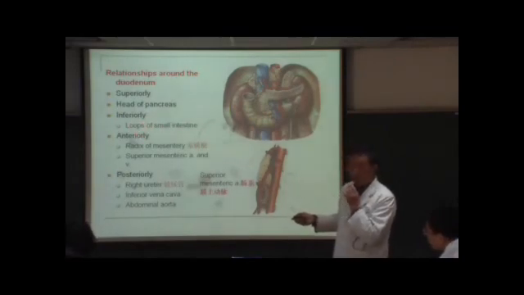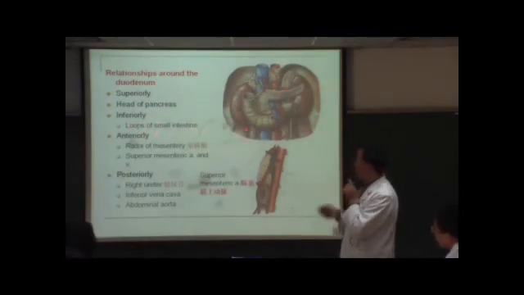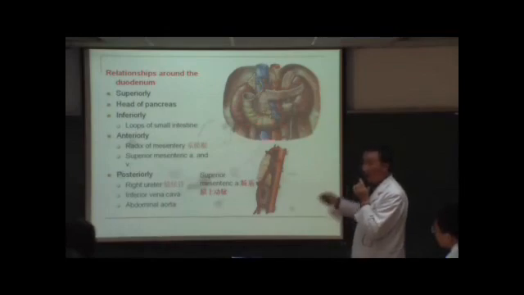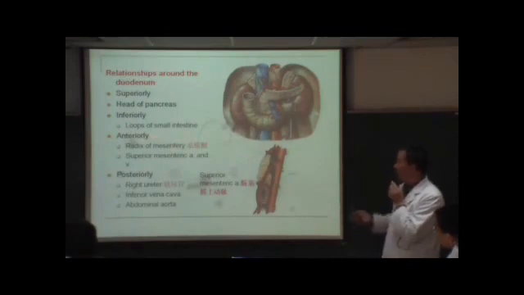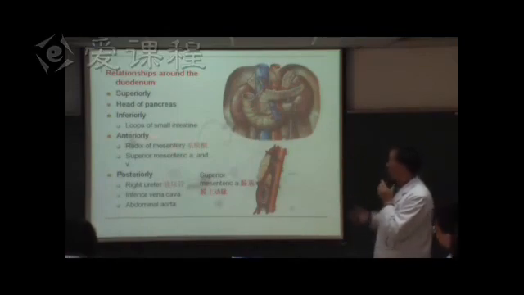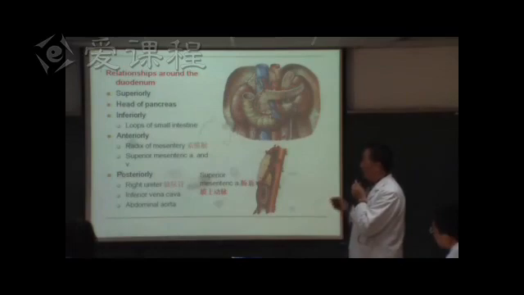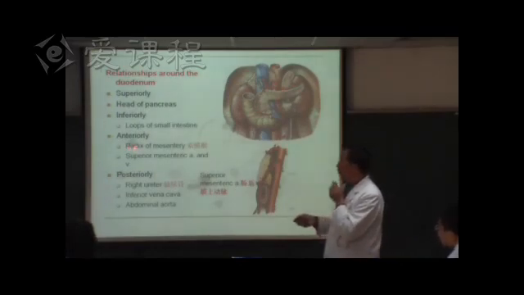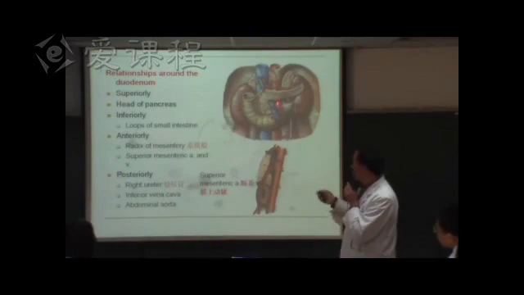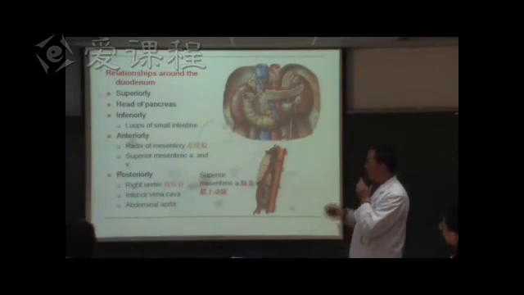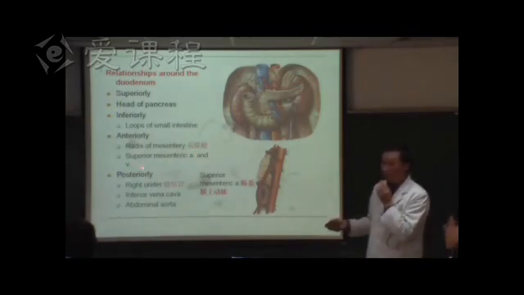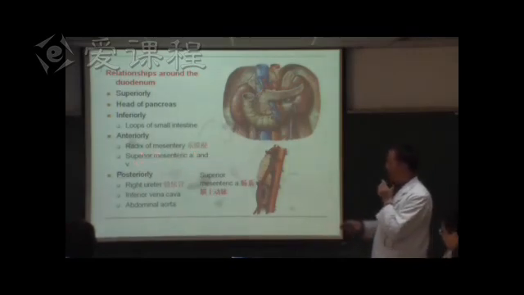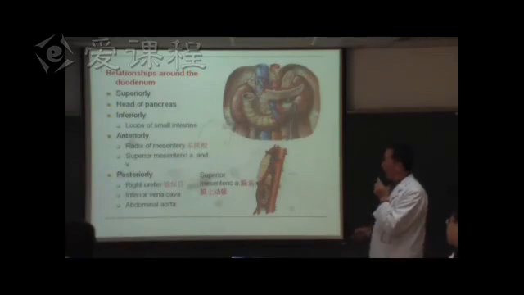What is the loop? 肠畔，小肠的肠畔. Anterior to the duodenum is the radix of the mesentery, 细膜根在这个地方, and the superior mesenteric artery and its companion vein here, and posterior to the